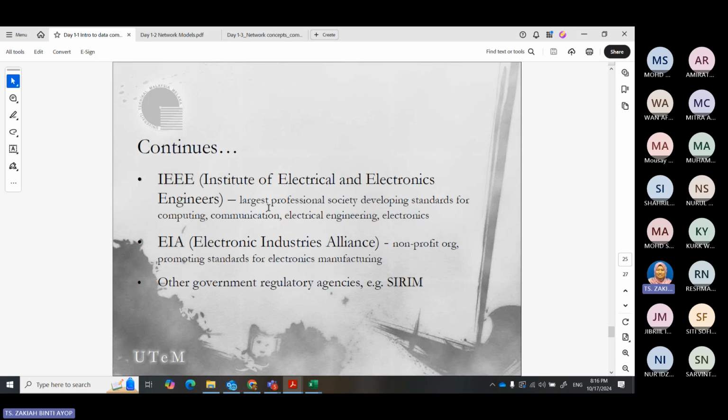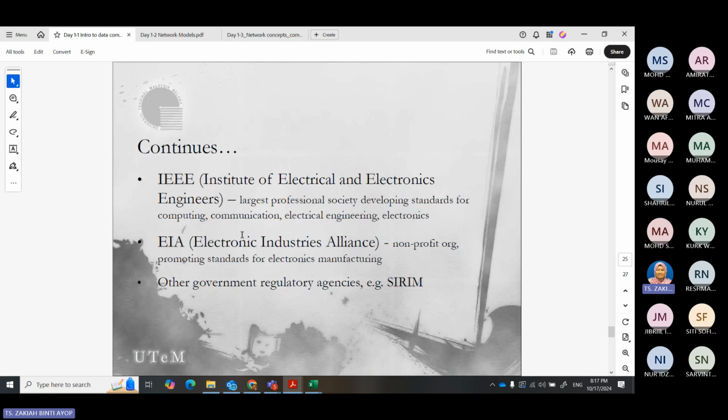Standards for cabling come from the IEEE, because cabling requires expertise in electrical engineering and signals. So usually that's under the domain of the Institute of Electrical.